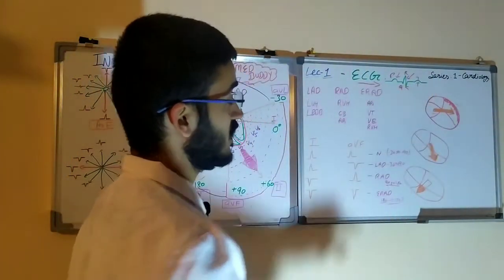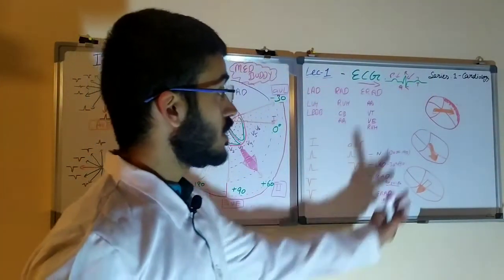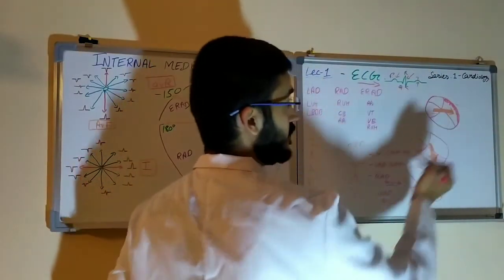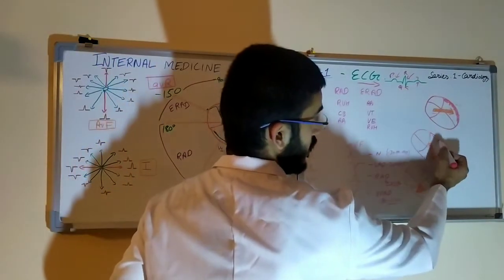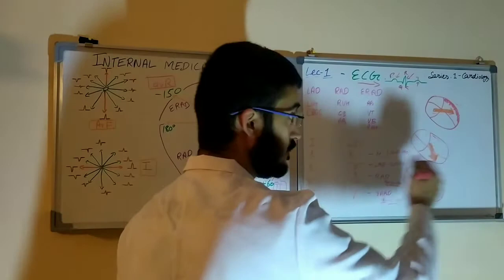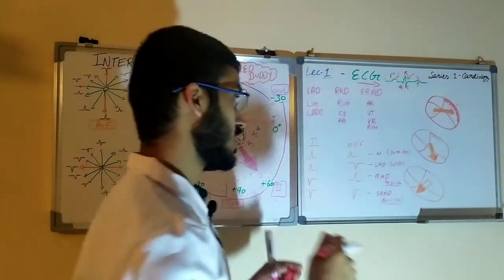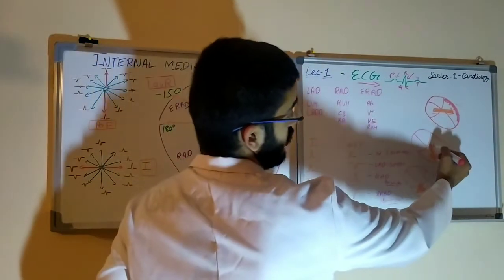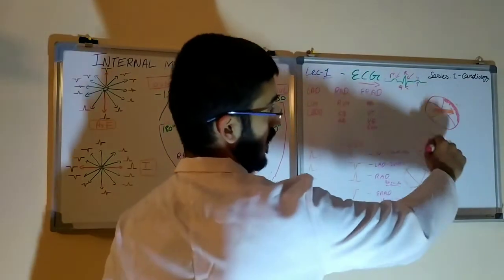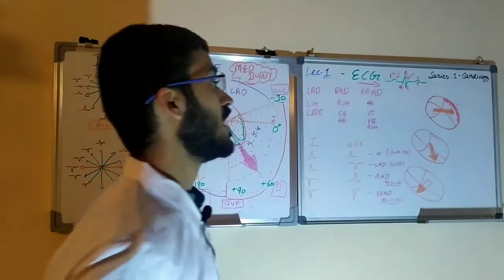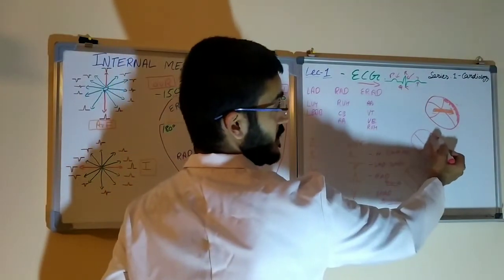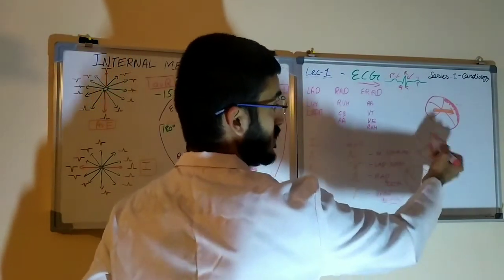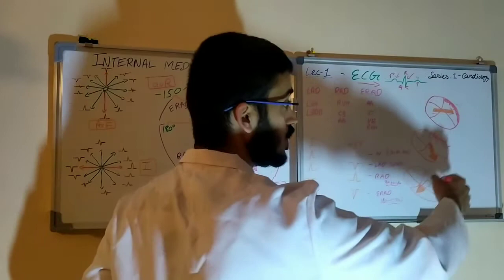Now let's say there is damage to the myocardium. There is loss of viable tissues in the myocardium on the left side, then the tissues here have become infarcted, they are dead, and they are now not contributing in producing the current vector. Because of this, there will be a shift in the vector, and this shift will be towards the right, because the cells on the left have died. That's why this has shifted towards the right, as most of the contribution now is coming from the right side